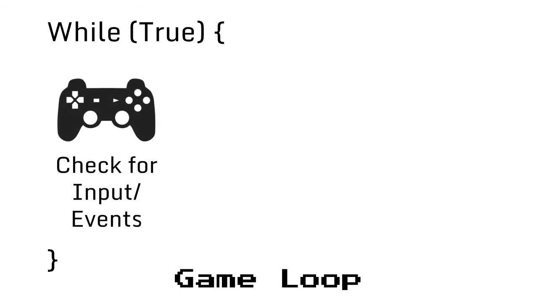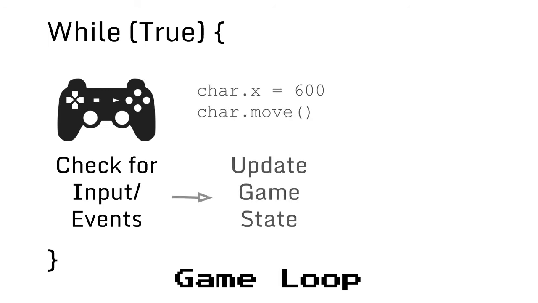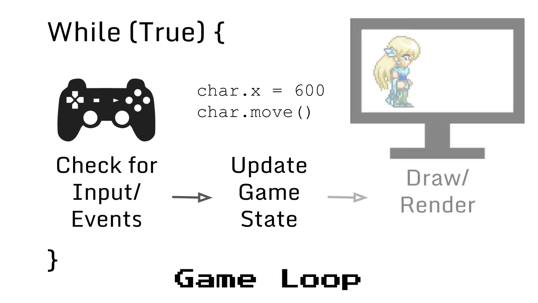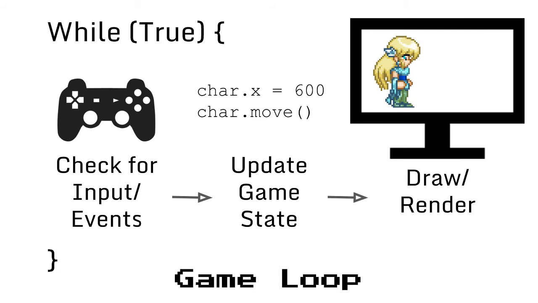You can think of any game or application of this nature as an infinite loop. It shouldn't stop until you're instructed to do so. Every time we cycle through the loop, we do three basic things. First, we check for user input or other types of events, like timers or other sections within our code. Then, we update the underlying game state. This involves doing the math and logic behind the program, like checking for collision, moving objects in a coordinate system, and other computations. Finally, we draw the updated game state to show it to the user. And then we cycle through again.